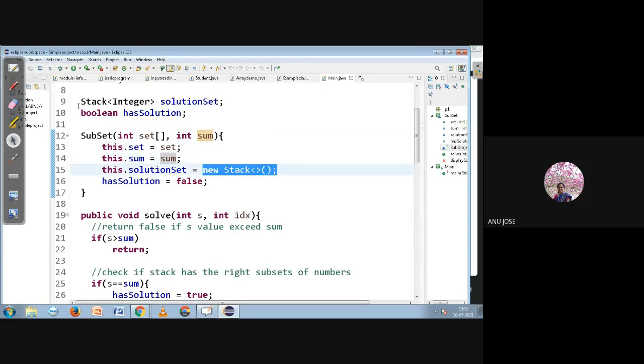And while creating it, I don't know whether you have seen generic expressions. Stack is a data structure that can store any type of data. But when I use it as an integer stack, it should contain only integer values. Even strings can be stored inside, so I can mention the parameter type it holds. Here it was mentioned as Integer, showing that the stack will contain only integer values. So here we created the stack object, which is originally present in the utility package.